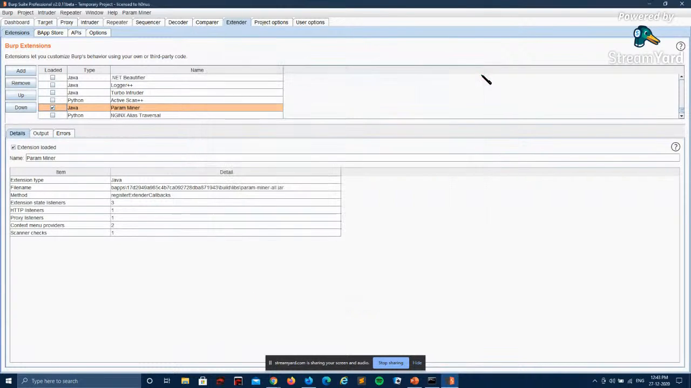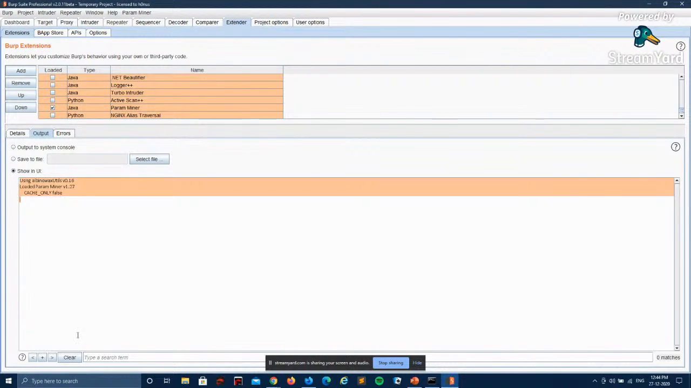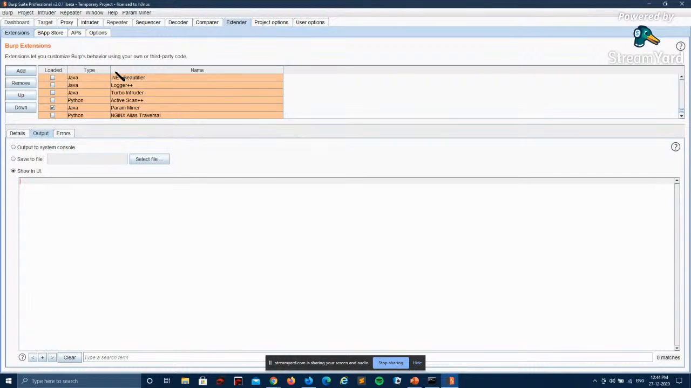Let me let you know that this tool is free. You can have this extension in Community Edition, or definitely in Professional one as well. I'm clearing it. So for this scenario,